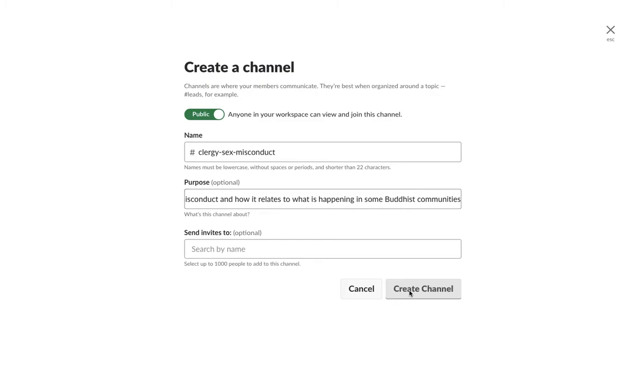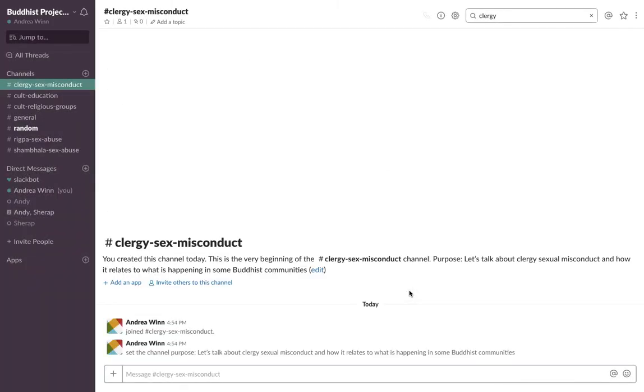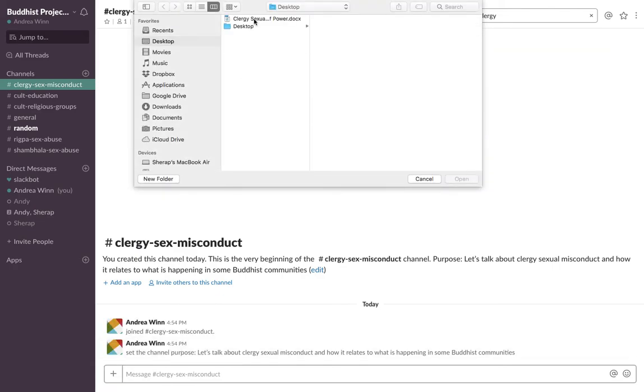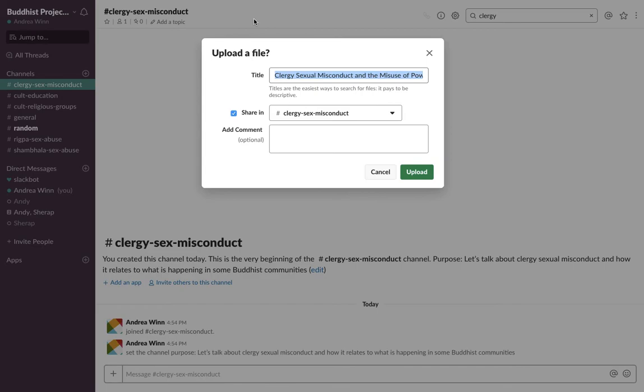Awesome. So we're creating this new channel, and I also want to show you that you can upload relevant documents. I've just clicked the plus sign, clicked on your computer, and I want to upload this document.